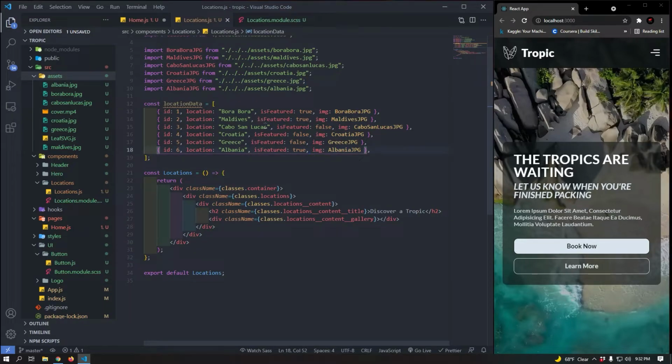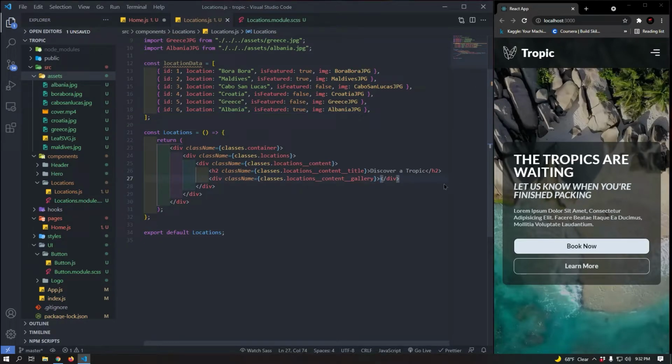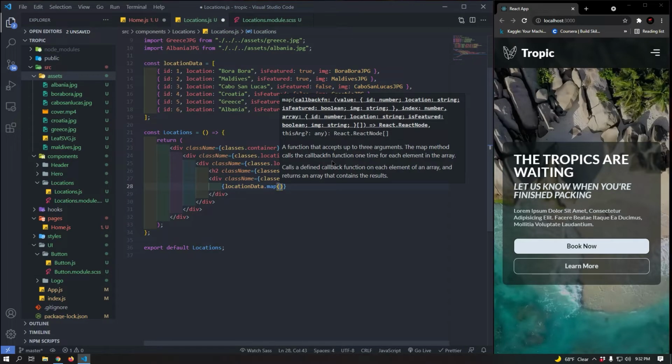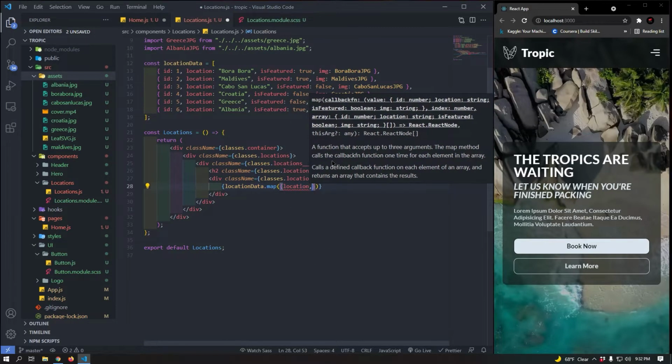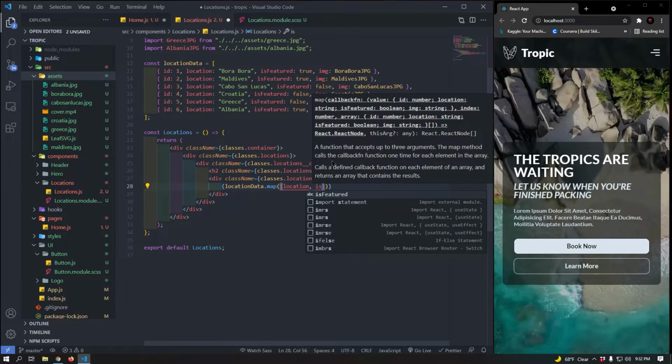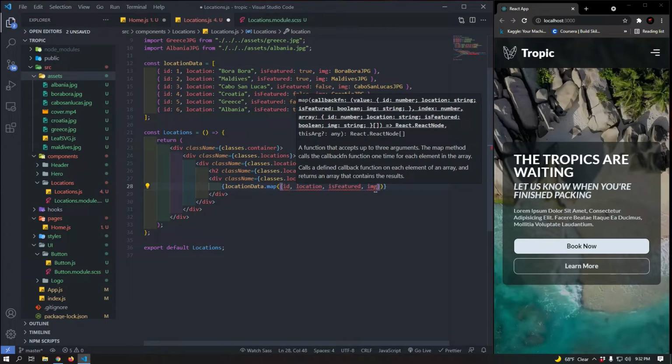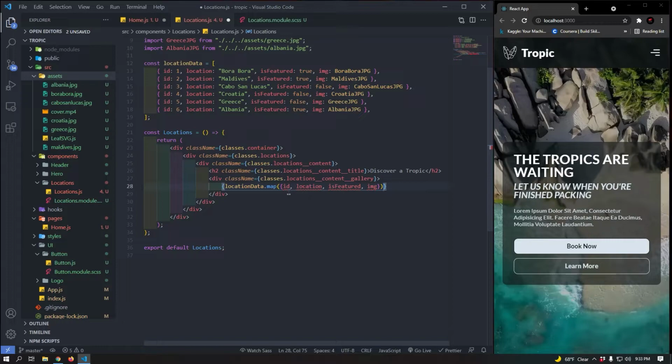Awesome. So we have 6 objects in this array. So we'll go to gallery and we'll say within brackets location data.map. And we're going to take each element that's being mapped and pull out its contents. So location is featured and image. And don't forget ID. There we go. You know what? Let's put